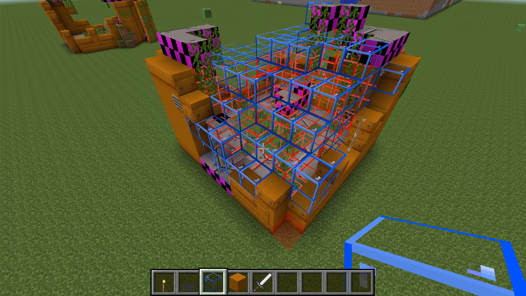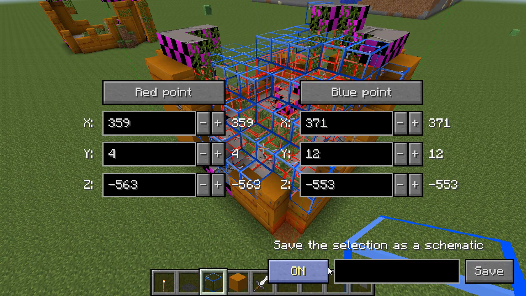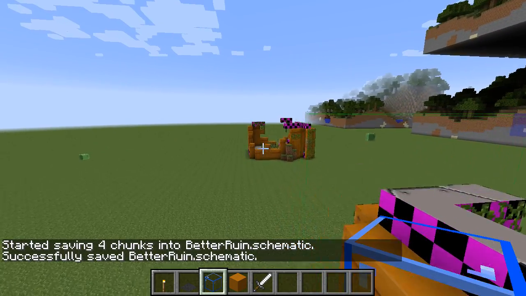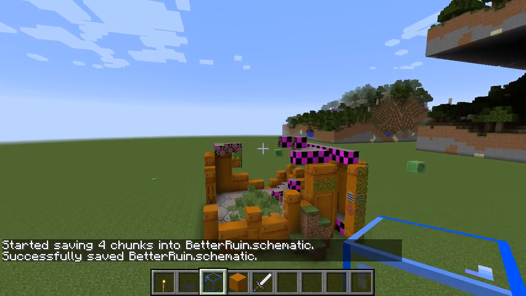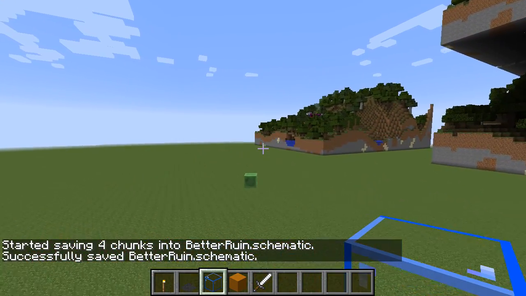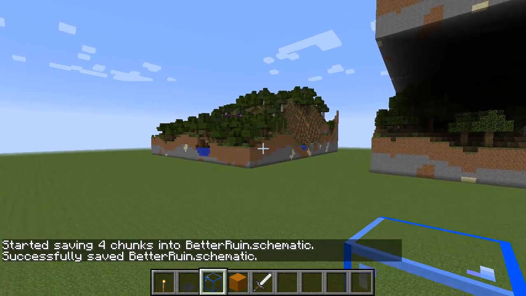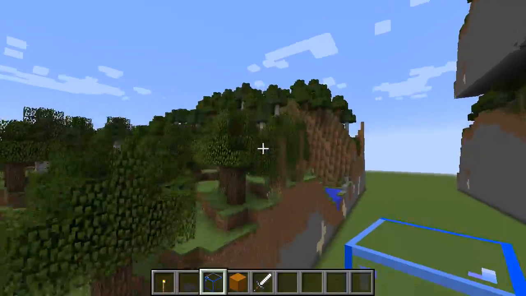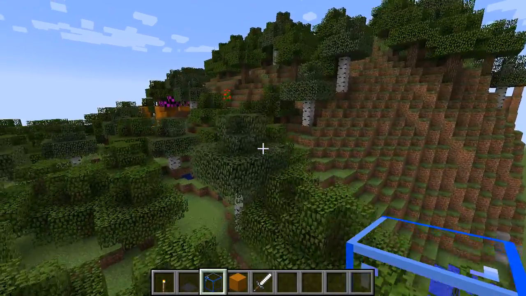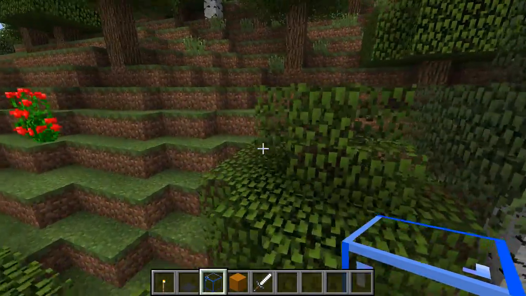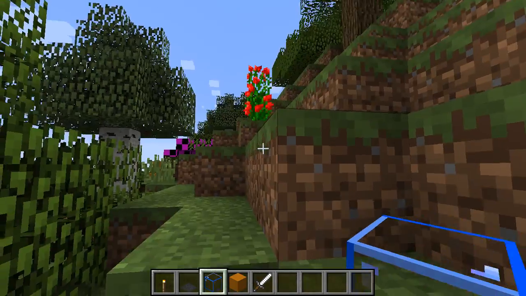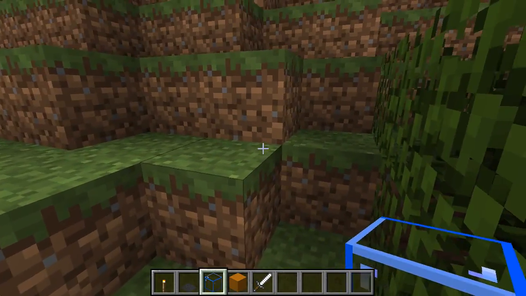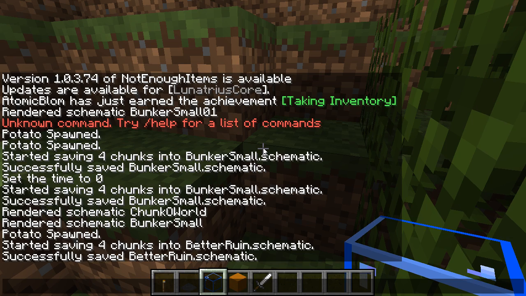So at this point here, let's save a new schematic. Let's call this one Better Ruin. So we'll save that. Okay, we'll fly over here. Alright, and I think, yep, I think we'll have enough room over here. So let's now, I'm